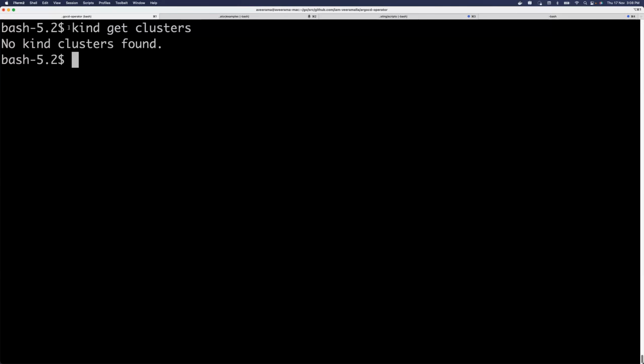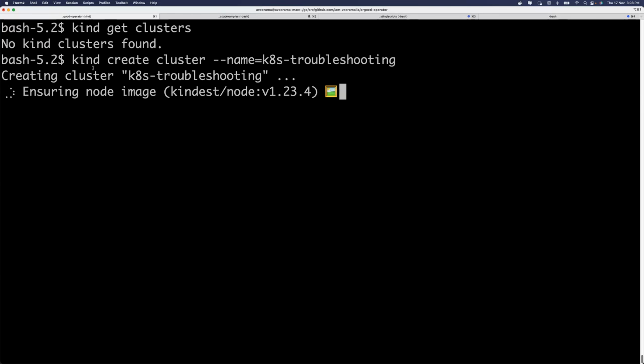So kind also has a very cool interactive command line. So I can simply search for kind get clusters. I don't have any cluster. What I'll do is kind create cluster --name. Let's call it K8s troubleshooting, something like that. Okay, and what happened is,